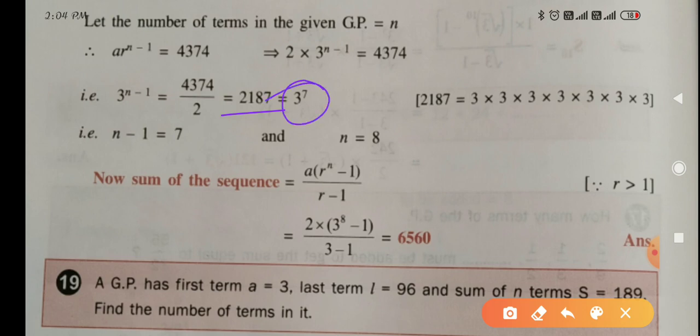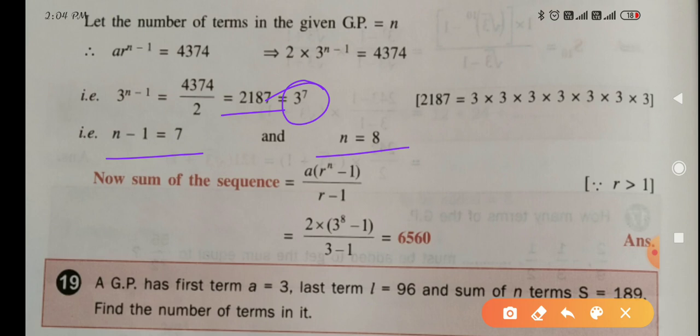it is a power of 3, 3 to the power 7. So 3 to the power n minus 1 equals 3 to the power 7. Make the comparison of powers. n minus 1 equals 7, n equals 8. So it means that in the given GP there are 8 terms in total, and you have to find the sum